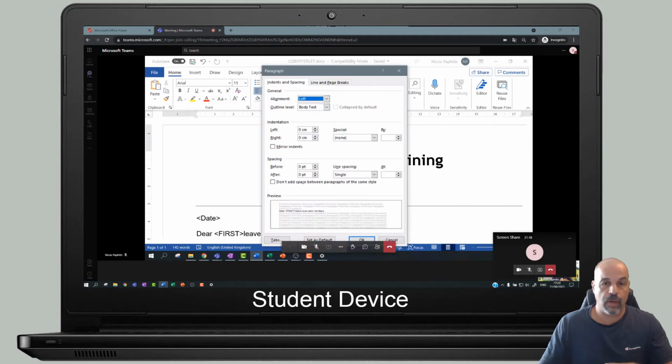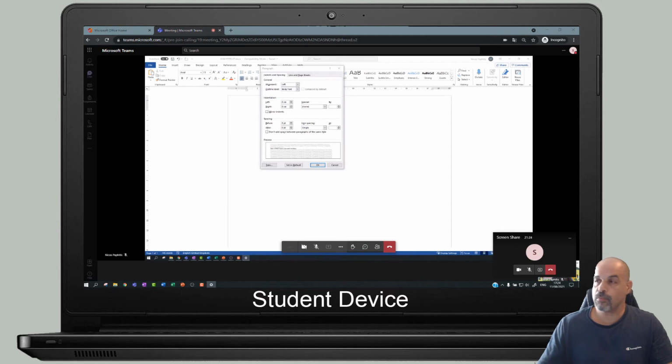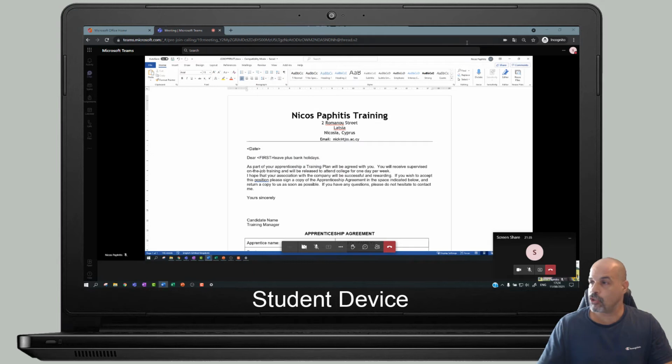Whereas if I was on my smaller scale, which was 100%, there we go. You see, that's really small. If I'm trying to talk about this dialog box here, that's really, really small. It's very hard for people to see. So I'm just going to click on cancel on that one. And let me just show you also now in